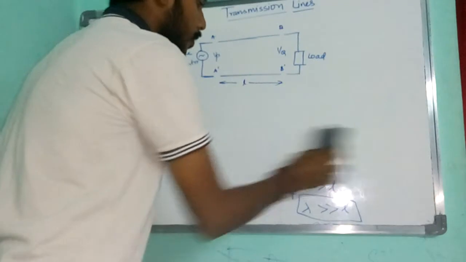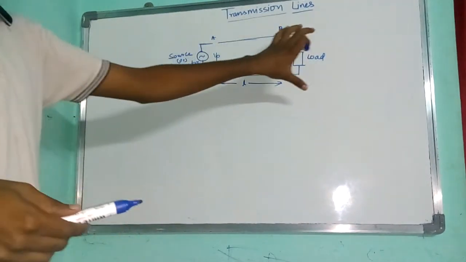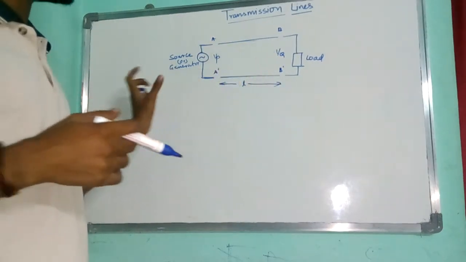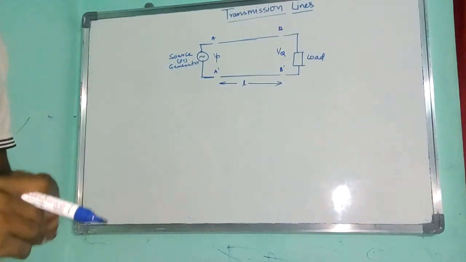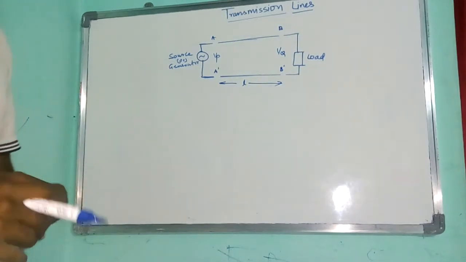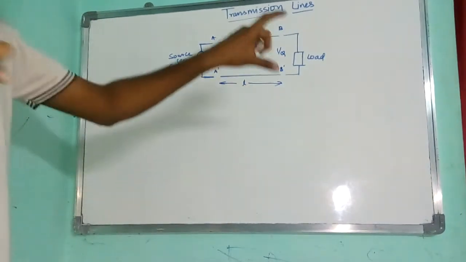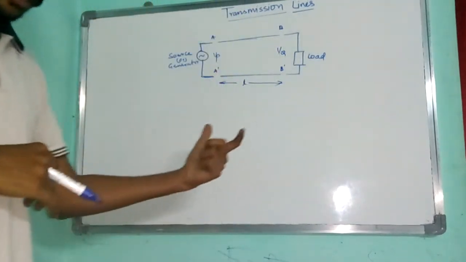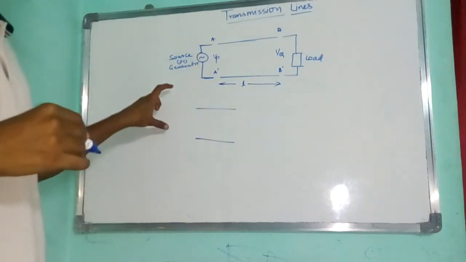Now, to analyze this transmission line, we take a few parts of it, because we cannot entirely analyze it, as it is of huge length, maybe 10 to 1000 kilometers. So we take some part of the transmission line and see what is going on in that part, so that we can govern the entire transmission line. Now if I take some part of this transmission line,